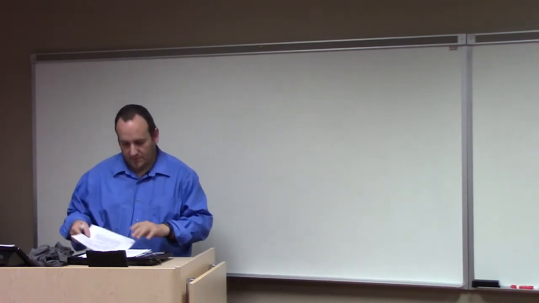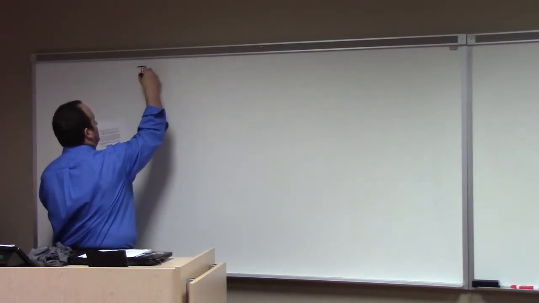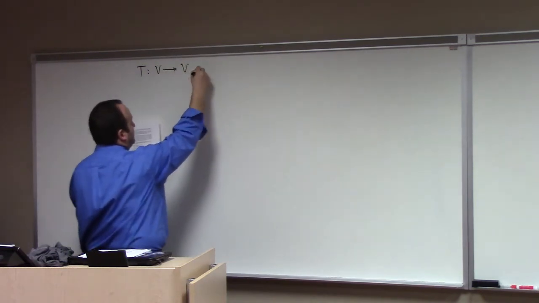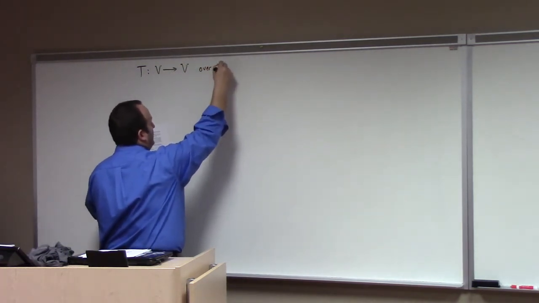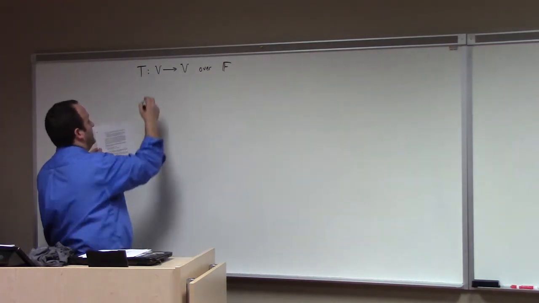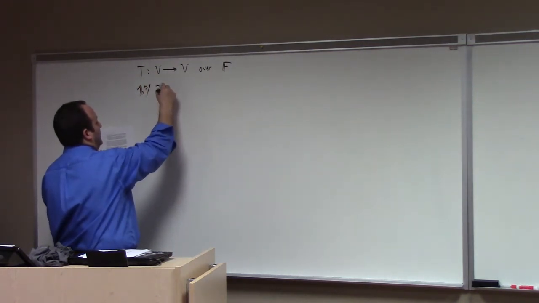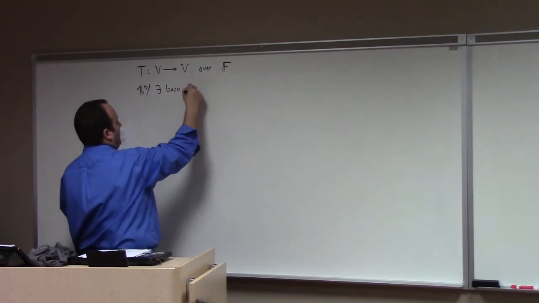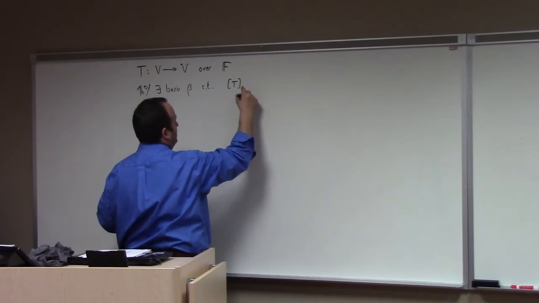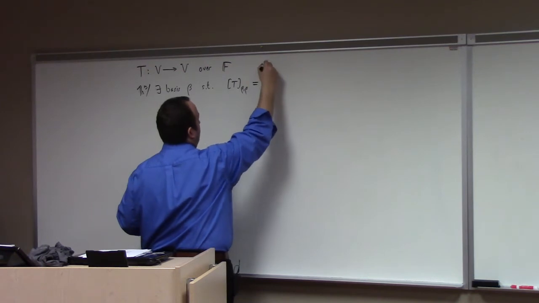And so we're focused on a linear transformation from a finite dimensional vector space to a finite dimensional vector space over some field F. And basically the theorem is there exists a basis, beta, such that the matrix of T with respect to this basis is equal to